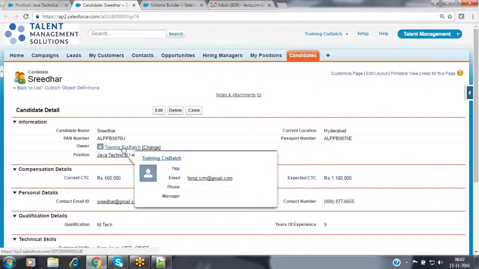Previously, the owner field was not available because this child record was completely controlled by the parent. But now, in this case, if it is a lookup, the child and the parent will both have their own independent security settings and sharing settings. That's why, whenever you delete the parent record, only the parent will be affected; the child record will not be affected.